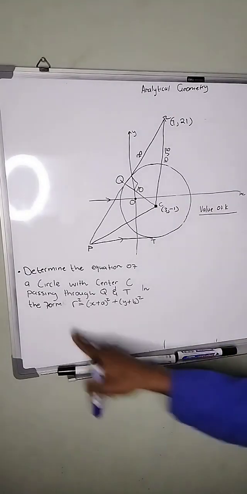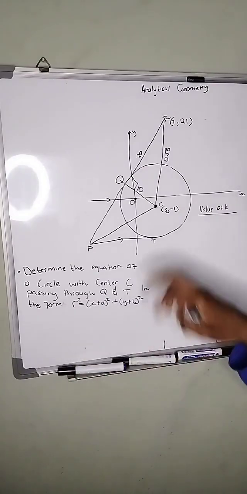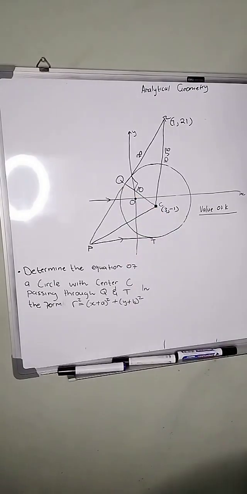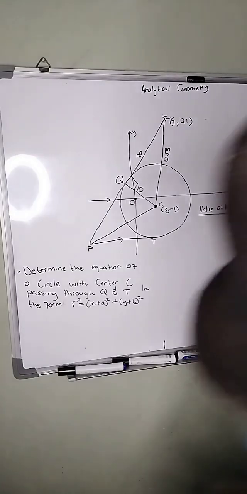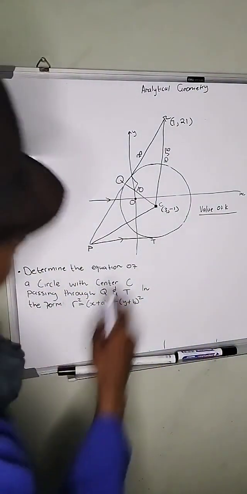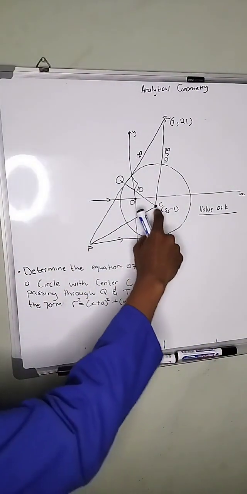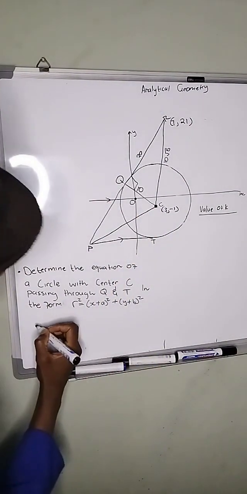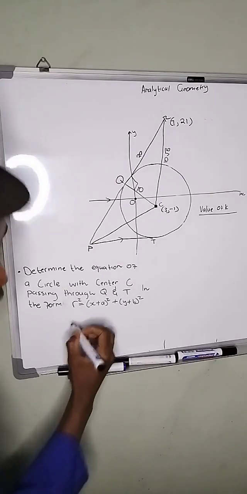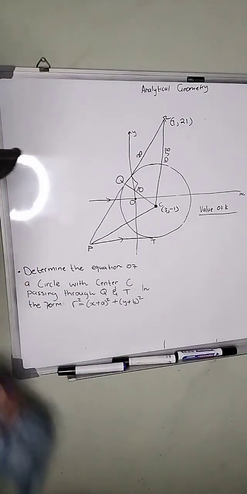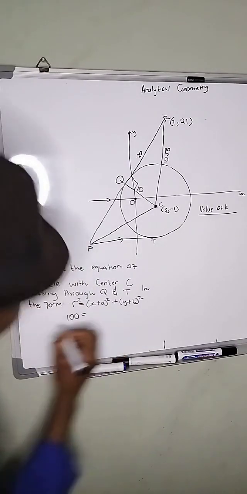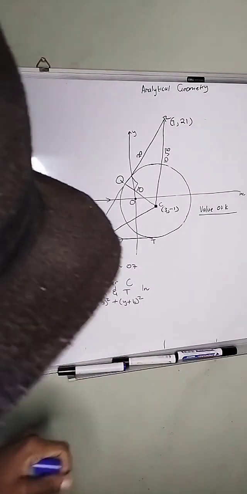The value of R is going to be 10. Yes, because this is the radius from the center to the circumference. The radius is going to be 10, from the center to the circumference. So what is 10 squared? Is it 100? Yes, 100. So 100 is going to be equal to